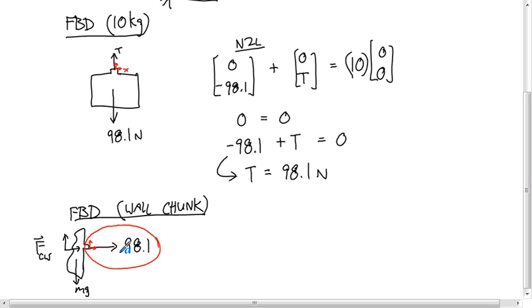360 or 0, either one. And so 98.1 times cosine of 0 is 98.1. 98.1 times sine of 0 is 0. And so you get that the force vector applied,